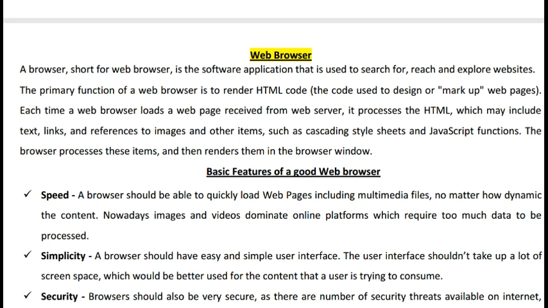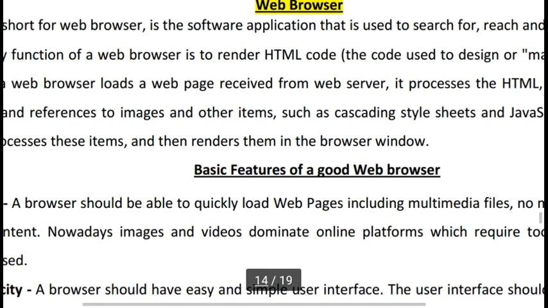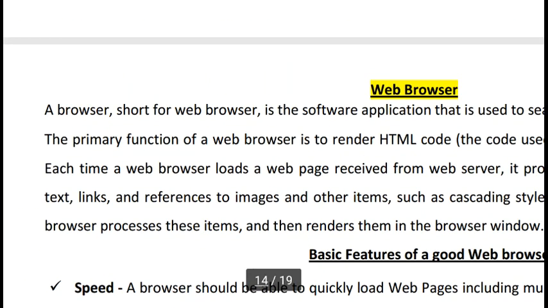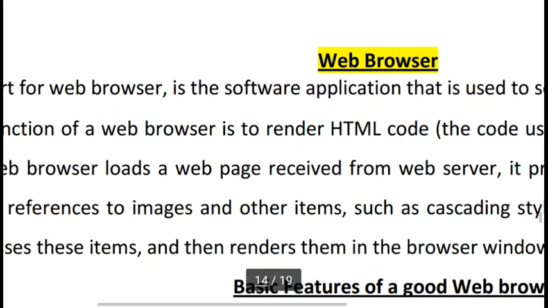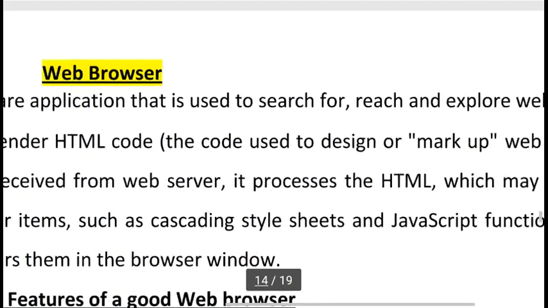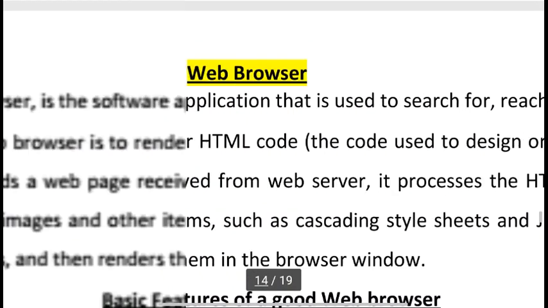These are search engine websites which help us search for a website according to our choice. A web browser is the software application that is used to search for, reach and explore websites.